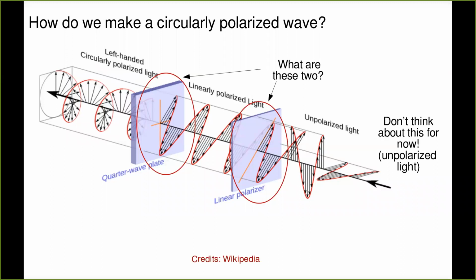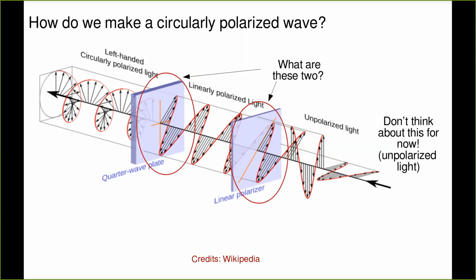So we can make devices which are called linear polarizers, which only transmit the electric field along a specified direction. So what this linear polarizer is going to do is project any electric field that is entering onto its, let's call it, transmission axis. So what comes out of there is a linearly polarized wave. Now we pay attention to the middle part here, a linearly polarized wave which has the same components along X and Y. And then we have a particularly useful component here that is called a quarter wave plate, which has